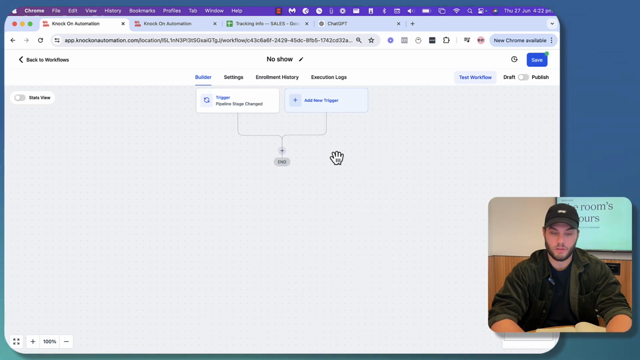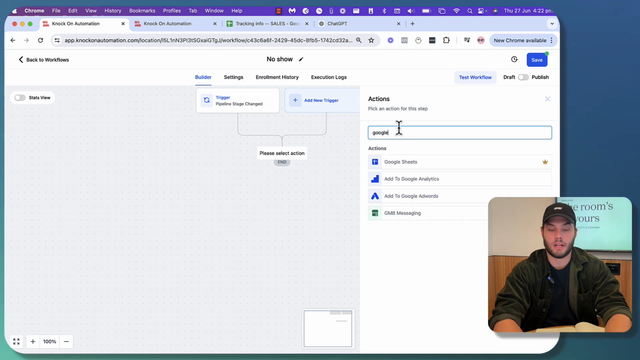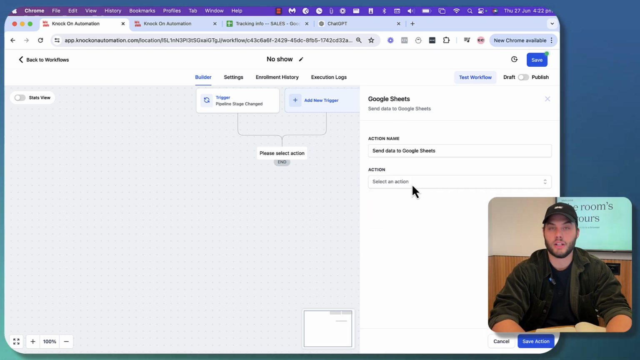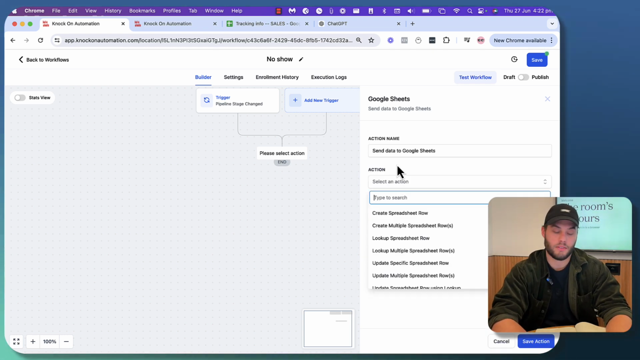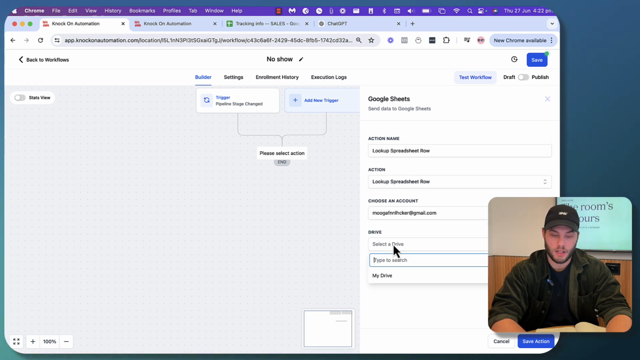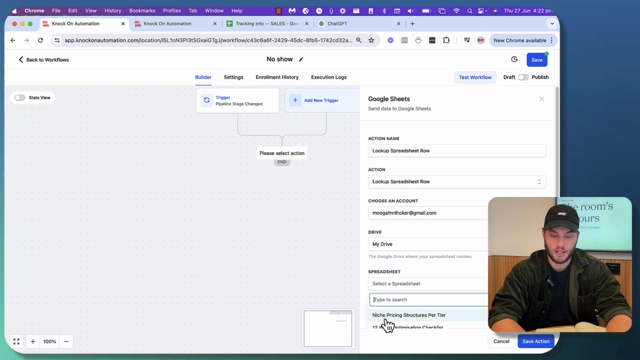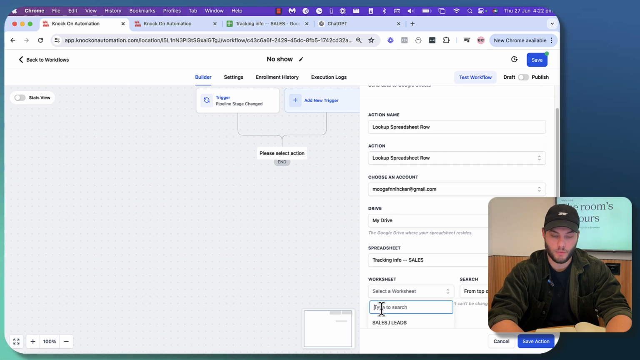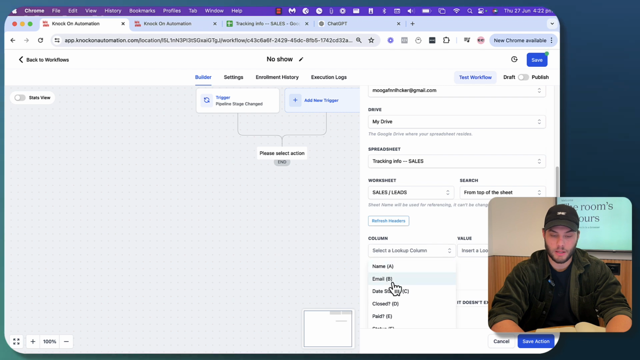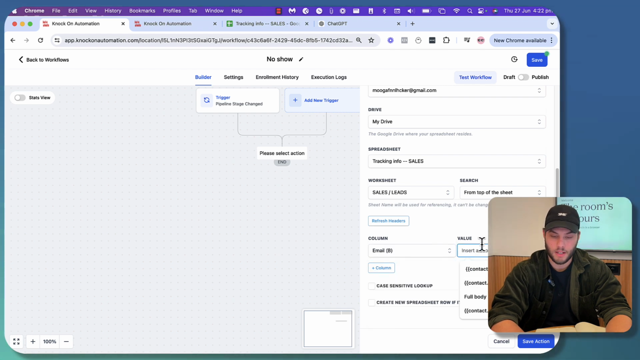Save action. We're going to do the same thing from before. Now you could have just copied the previous workflow that I did and changed the variables. However, I'm just doing it from scratch, so that's fine. We're going to look up spreadsheet row. In all of our details relatively the same, and then tracking info, sales, and then worksheet sales from top of the sheet. And our lookup is going to be email again, and then I know it's just contact.email,